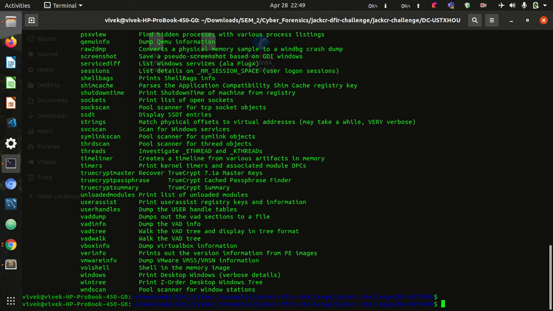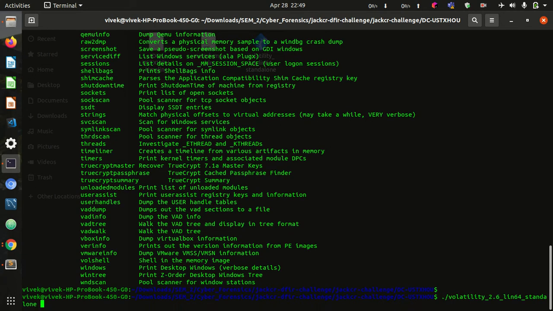For that I will use the memory info, imageinfo module of this tool. I'm just specifying the file name by -f. This is the file name memdump.pmem, and then imageinfo.